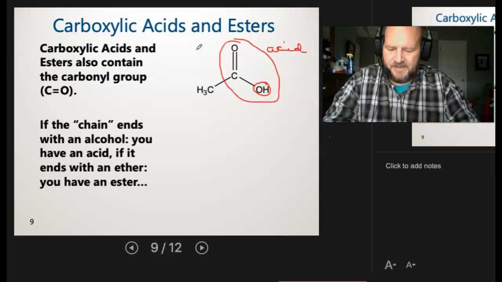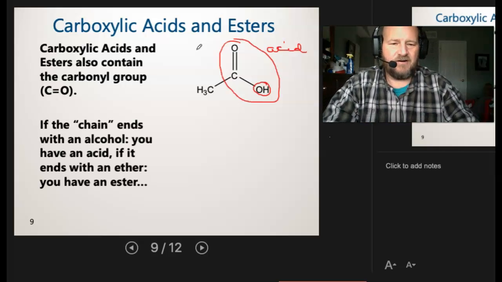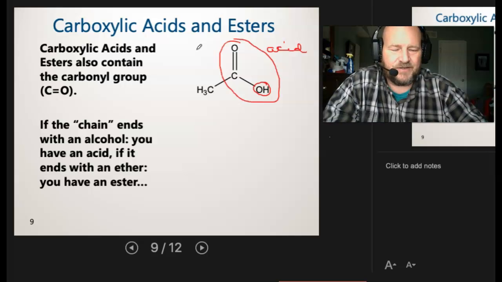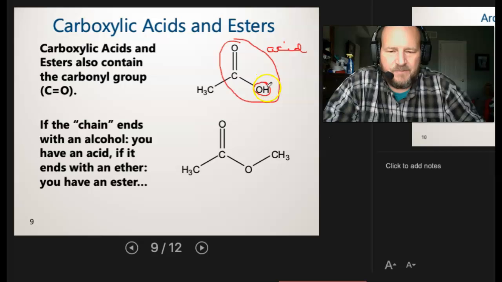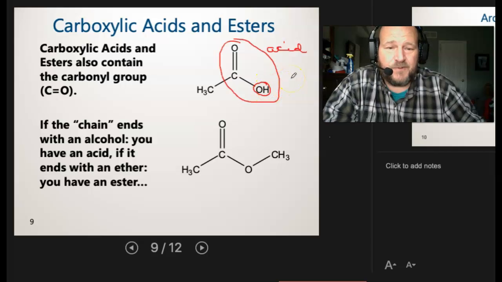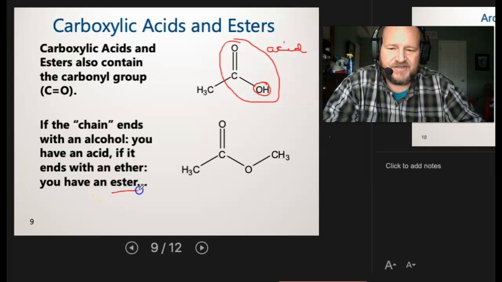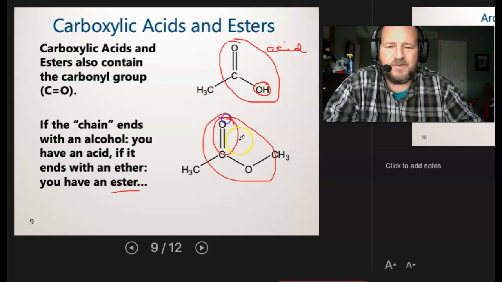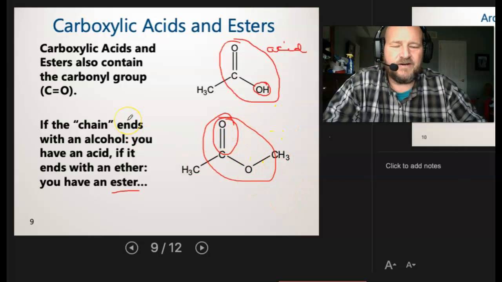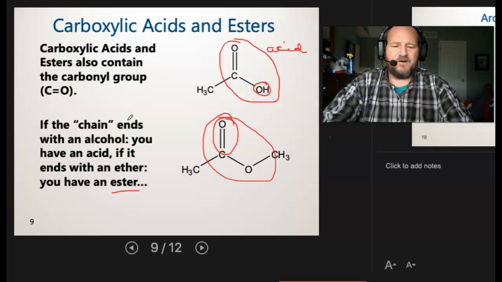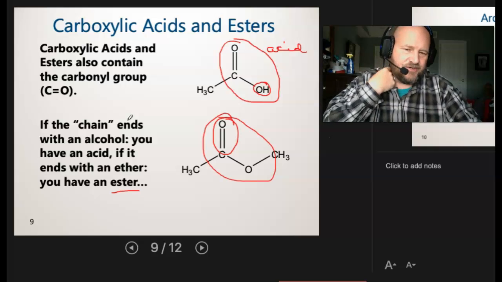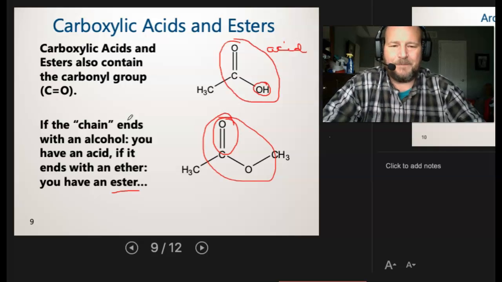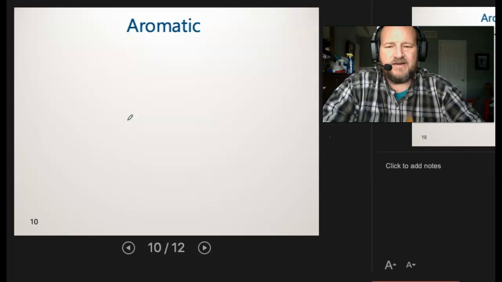Now we saw previously that we could take the hydrogen off of our alcohol and keep it going, and it would be called an ether. Well, we can do the same thing here. We can pull that hydrogen off. Remember, now it wants to come off. It's a proton, it's an acid, so it wants to come off. We can actually pull that off and keep that chain going with carbon chains, and then it becomes an ester. Okay, so this whole thing now would be an ester. But again, as long as you're circling the carbonyl and then calling it an ester, that's going to be quite all right. All right, so that's it for our carbonyls until we introduce you back to nitrogen. Okay, once we get nitrogen in there, we're going to see we can have an amide as well. But until we get to that, we have a couple more.